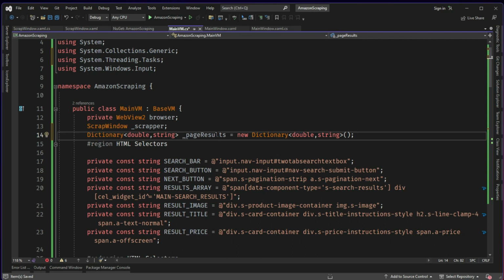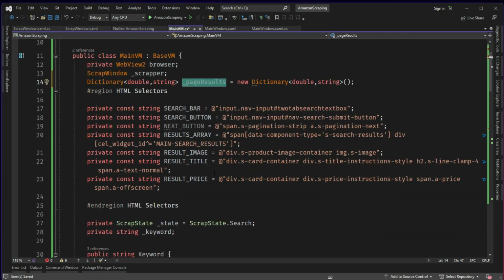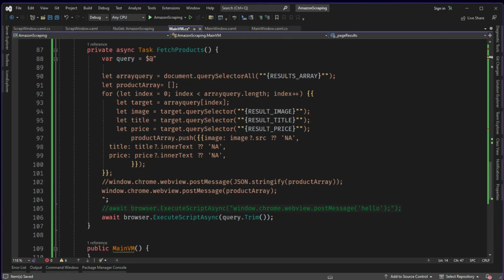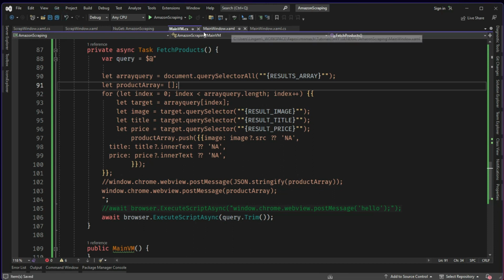Okay, so page results, and we need to do one more thing. When you are processing this fetch products, you don't have the page, you are only processing all the elements. That is totally fine. So we will do one more thing,